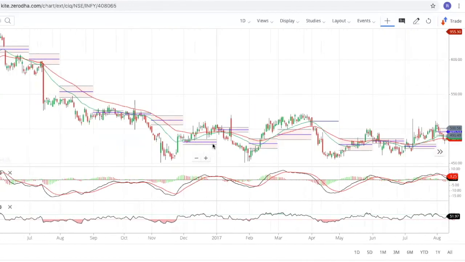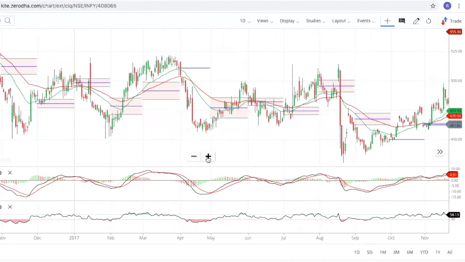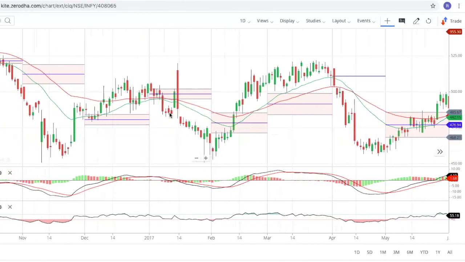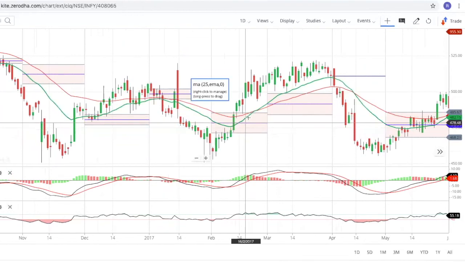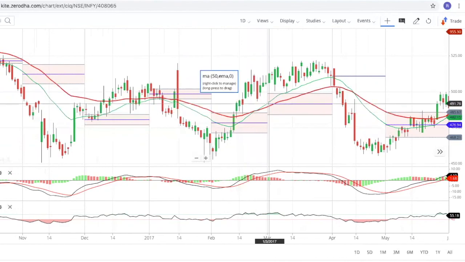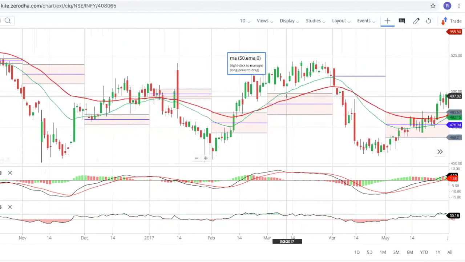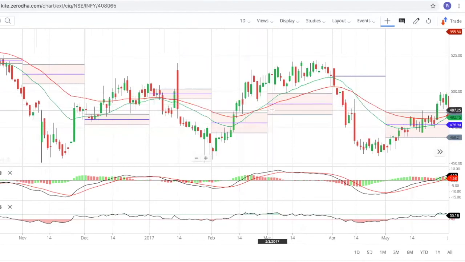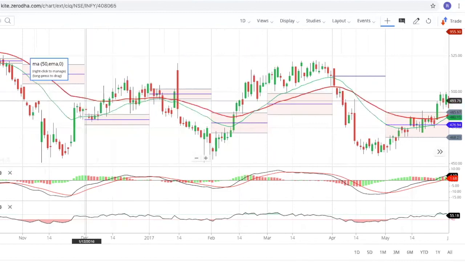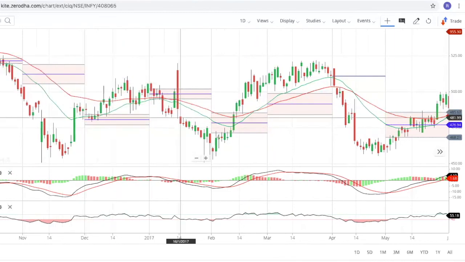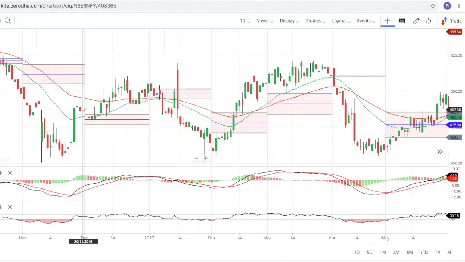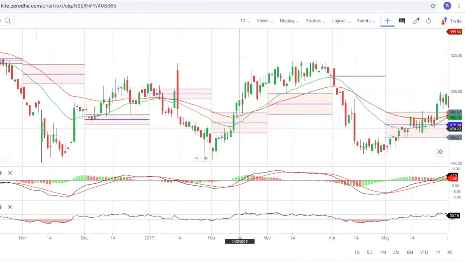Let's see how exactly we can see the swings. The rule is, first we have to understand when this green line, the moving average, crosses the red line, we will buy. This is trigger number one. We'll not buy when we have a green line below the red line. This is a bearish phase of the market. We'll not take a trade on a particular stock even for months if this green line is below the red line. This is point number one.